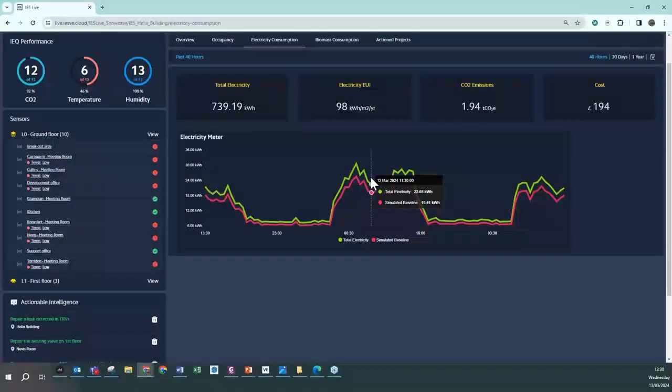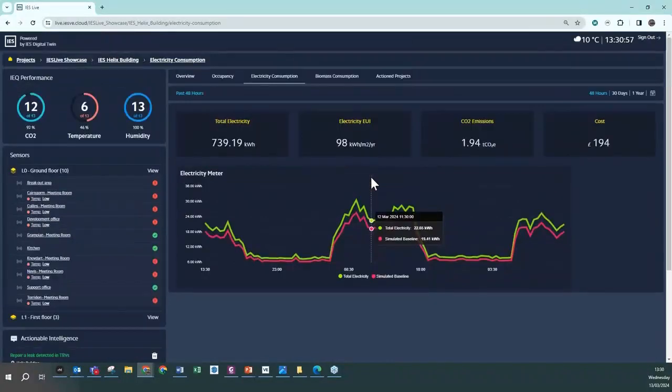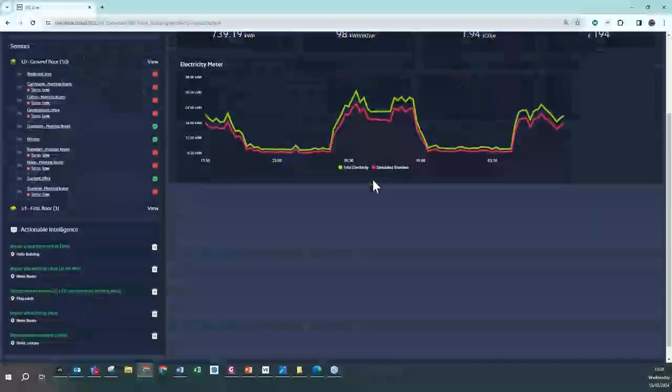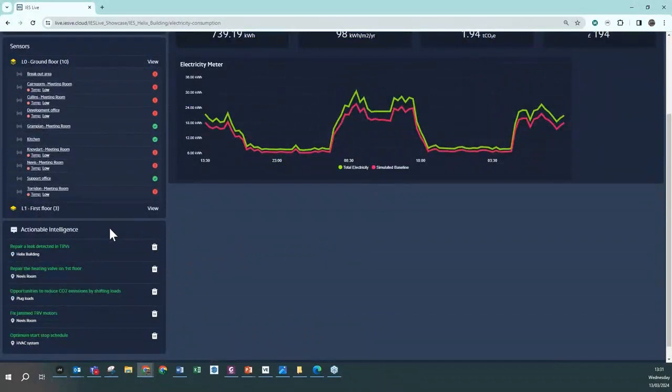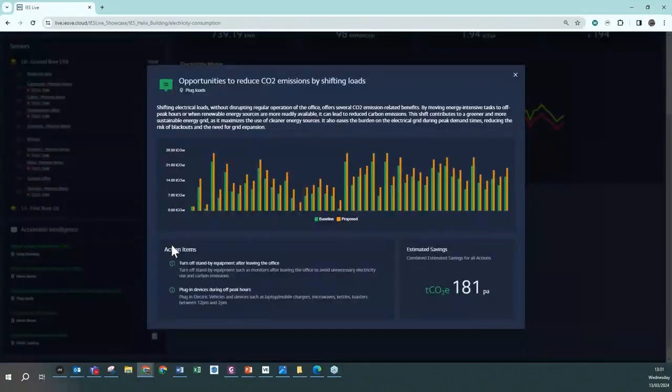The other two key delivery parts of the dashboard are these two sections. This bottom left here is the actionable intelligence. This is where the digital twin and our dashboard meet the actual building. Each of these actionable intelligence points is an intervention for building users that has been identified in the model and updated live in the dashboards. You give a brief description of what the intervention is and why you want